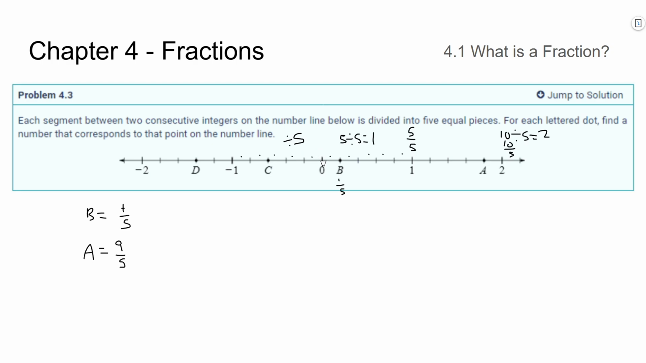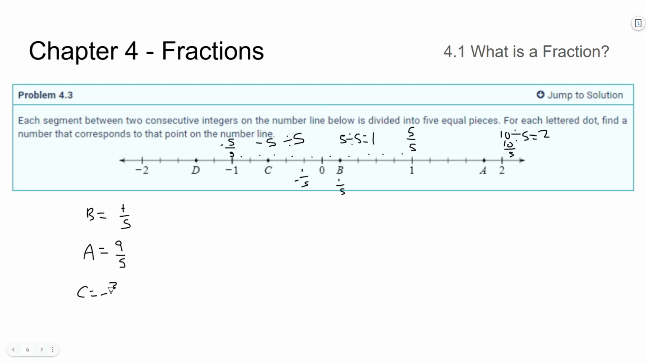But we're going below, we're going left of the 0. So it's going to be going to negative 5 over 5, which would end up being negative 5 divided by 5, which is negative 1. So negative 5 over 5 would be negative 1. And so each of these would be negative 1/5. So negative 1/5, negative 2/5, and C would be